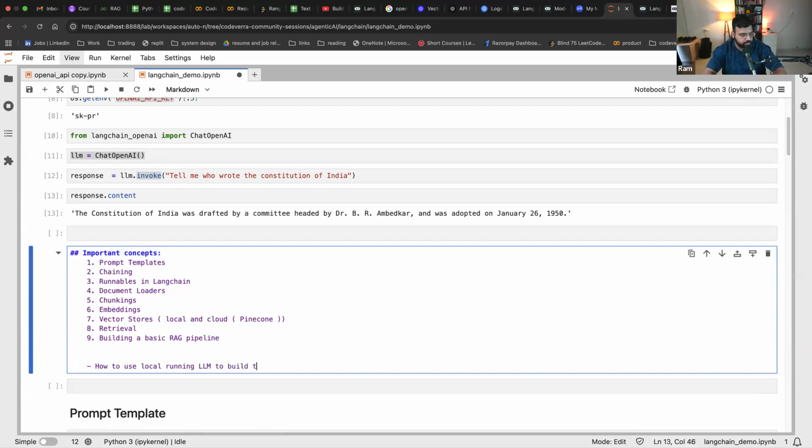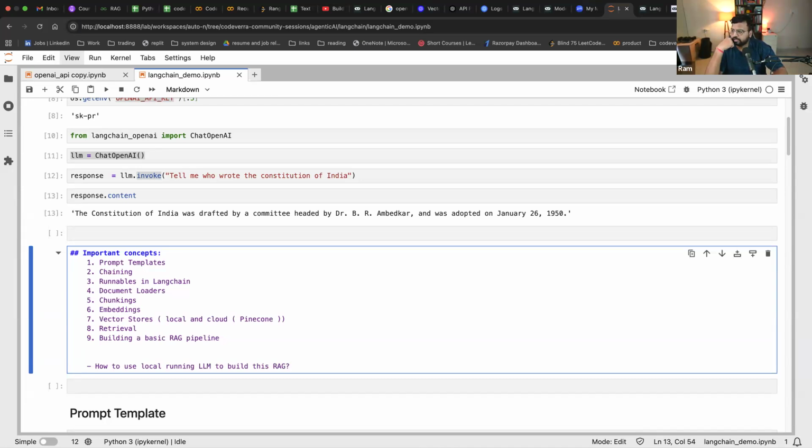to build this RAG. Suppose you don't want to pay for OpenAI, or you don't want your information to go to the internet, or you don't want to pass your information to GPT. You can download some small LLMs. Of course, GPT is a huge LLM, but you can download some small LLMs which have fewer parameters, and you can run them on your local system itself. It will work a little bit slow, but you will be able to run some of these LLMs locally, and you can use those local LLMs also inside